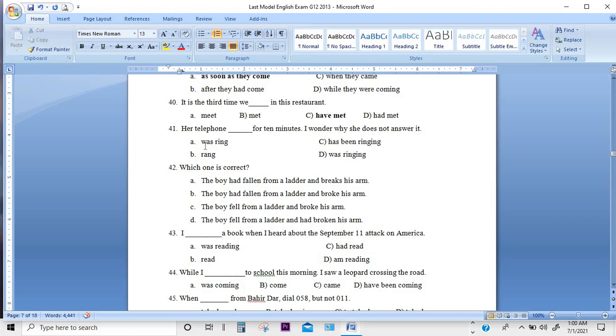Yes, let's avoid past tense. Was ringing, past continuous tense. Rang, simple past. Has been ringing. Let's hold on this one. Was ringing, past continuous tense. So was ringing, we have no such structure. Was ringing ነበር መሆን የነበረበት የዚህ አይነት ስትራክቸር የለም። ሲጀመር ስህተት አለው። ስለዚህ ኤ ቢ እና ዲ እናስወግድና መልሳችን ይሄ